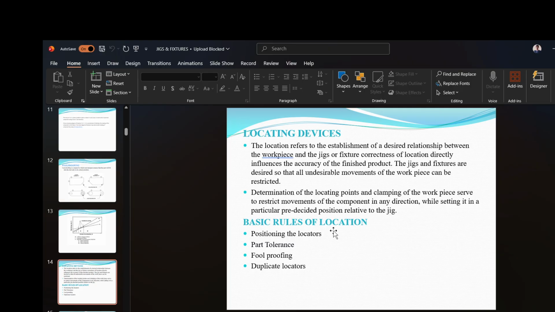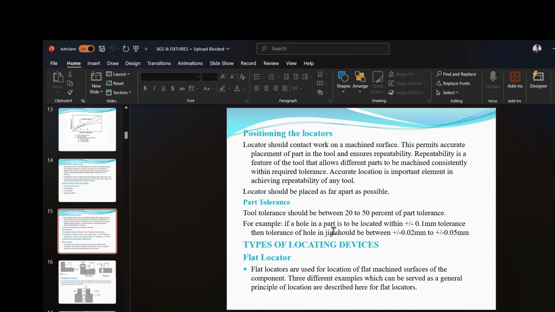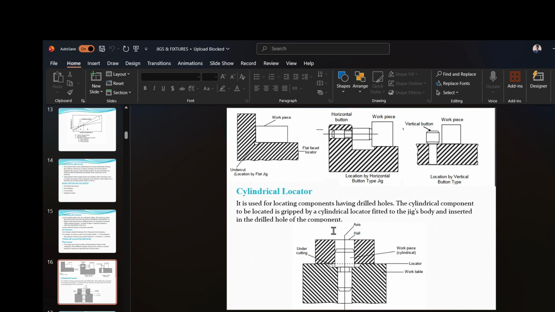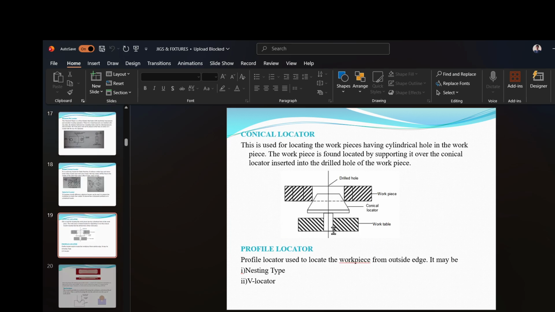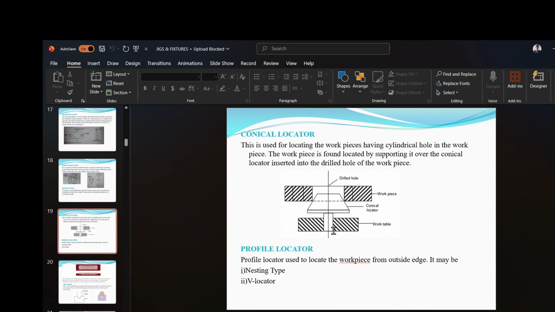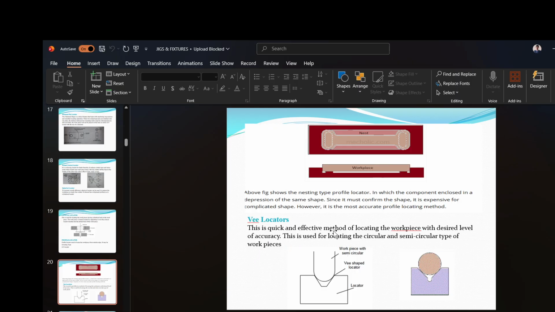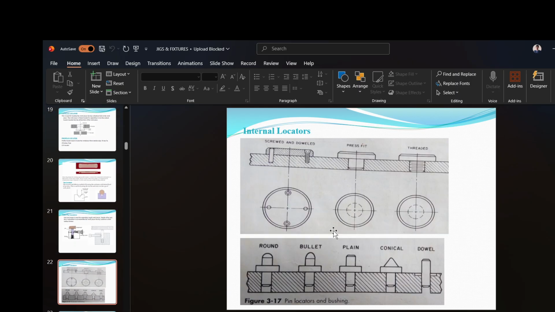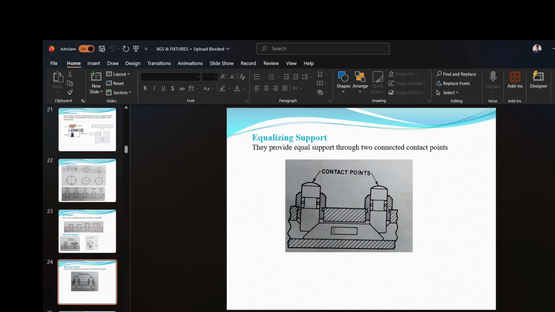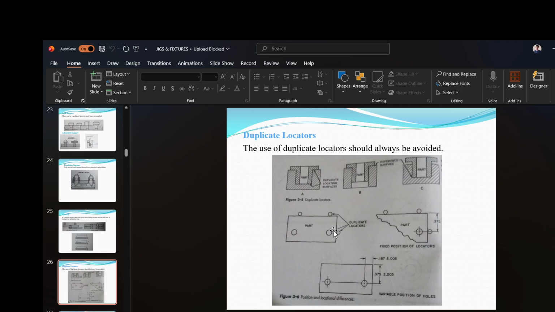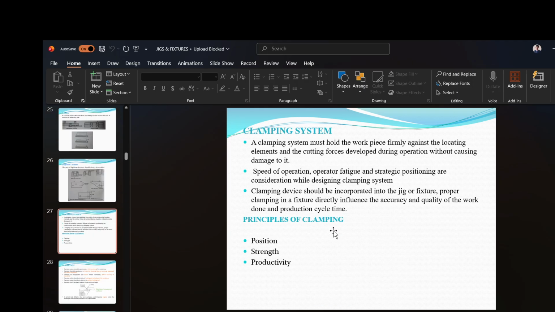So locating devices. Basic rules of location, and positioning the locator. You can read it. Types of locating devices: cylindrical locator, diamond pin locator, raised contact locator, spherical locator, conical locator, full profile locator, V locator, jack pin locator, internal locator, solid support, adjustable support, equalizing support, ejector, duplicate locators, clamping system,